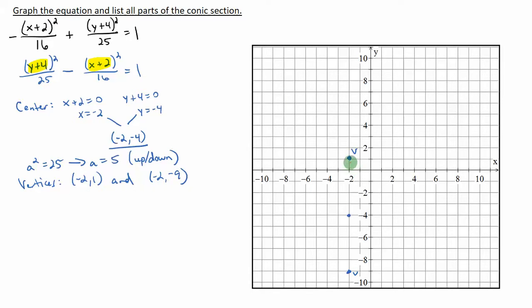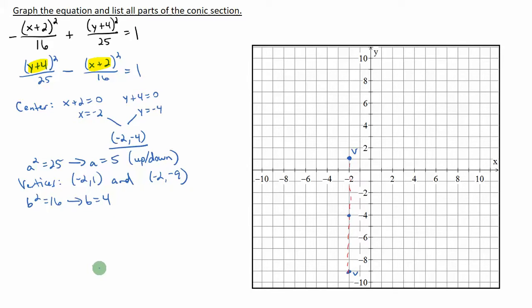That also helps me see my transverse axis here, vertex to vertex. Okay? Now my other denominator is going to give me my b value. The denominator under the negative fraction will give me my b value. So I know b squared equals 16, and if I take the square root of both sides, I see that b is